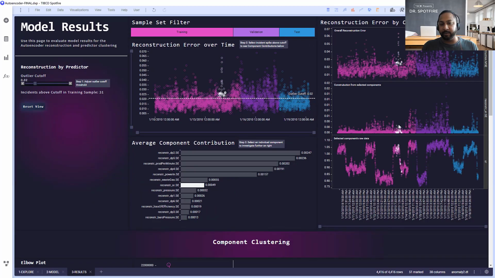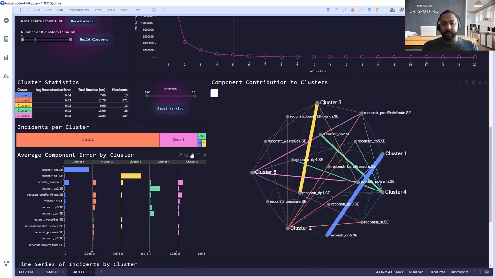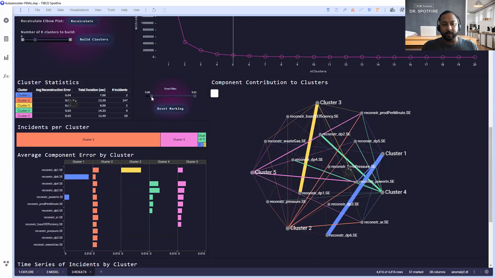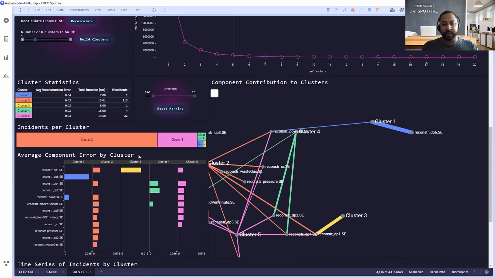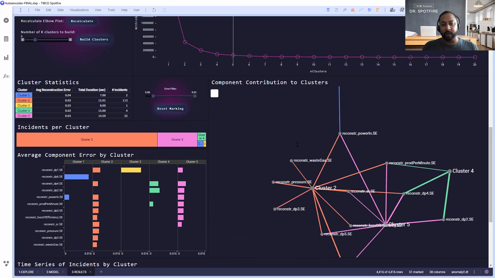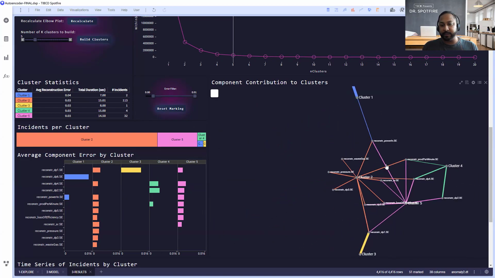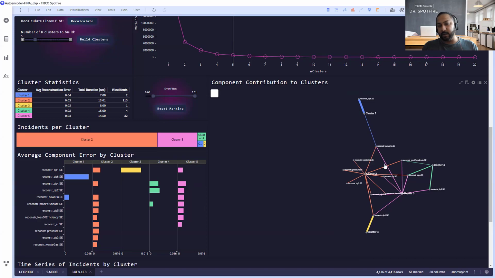This is that average component error. So that's what you're seeing again here. Now, if I want to filter this down a little bit, or filter this up, I want to remove some of the noise in this. So that's why you're seeing this change, because I'm taking out some of the lower error reconstructions. And that is saying, okay, those might be noise, and I can focus more on the variables that are contributing